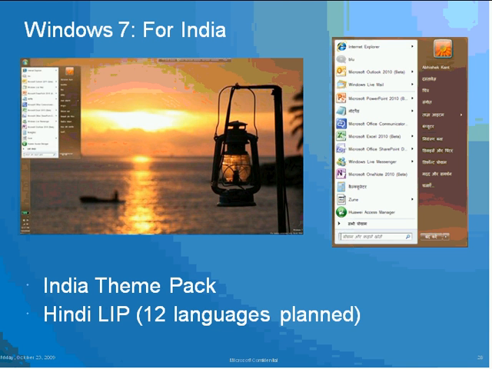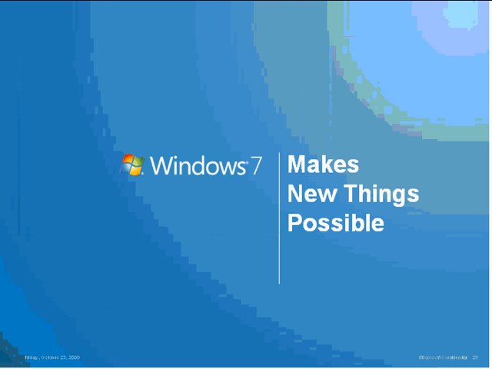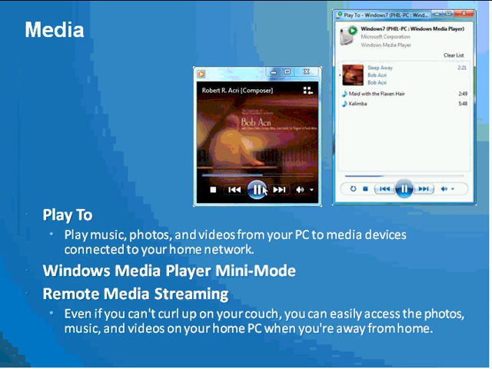For example, Notepad, the calculator, and all the other things in the interface. So you can use this LIP to make your computer speak in Hindi. Hindi is only one language that's currently available or released. There's a plan of releasing 12 language packs in the future. The exact dates for this are not known yet.